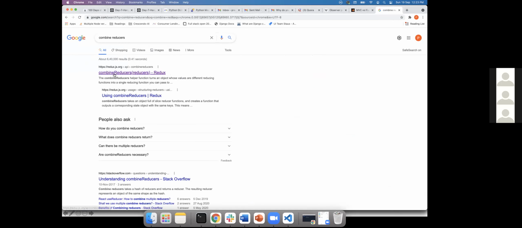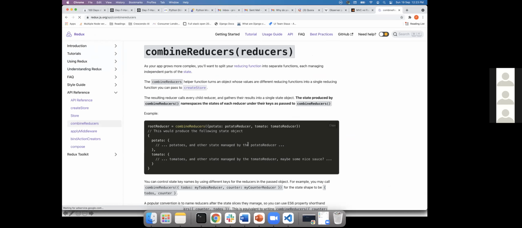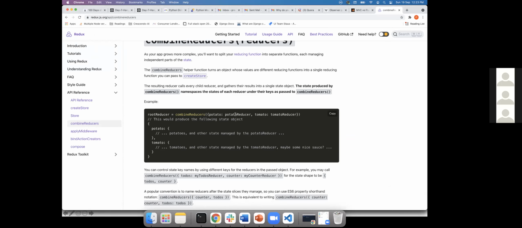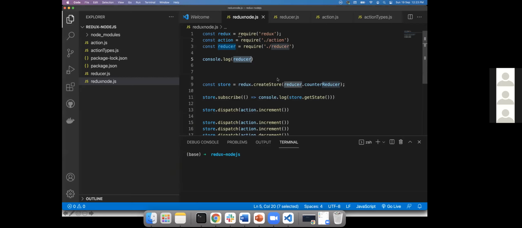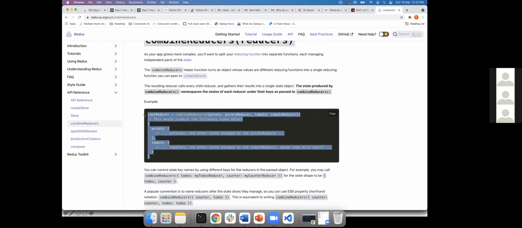So if you go to the Redux documentation page, you have this is reducer one, this is reducer two. This is the name by which you can refer to the reducer, I mean a store. Okay, you understood? So this will be a root reducer. What I'm saying is, currently I'll take this code and copy it for our understanding.